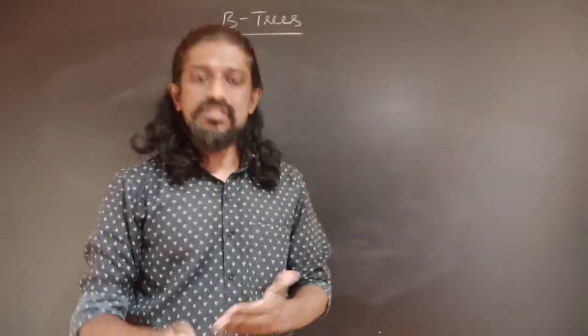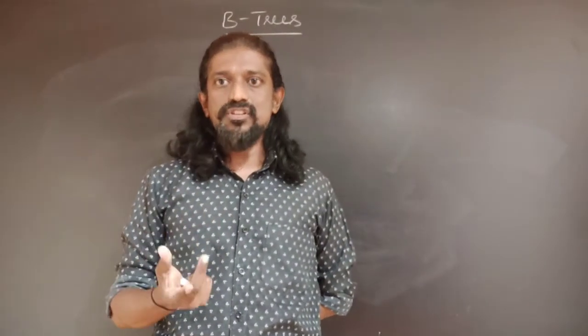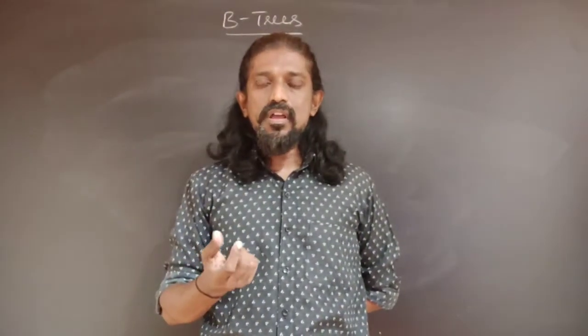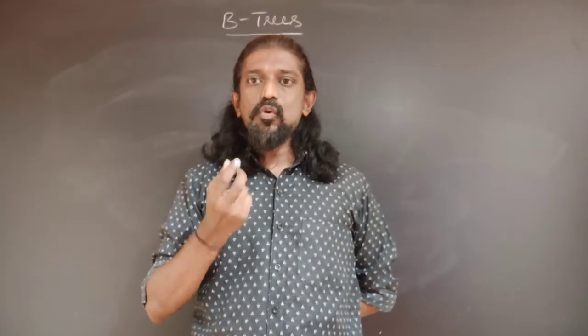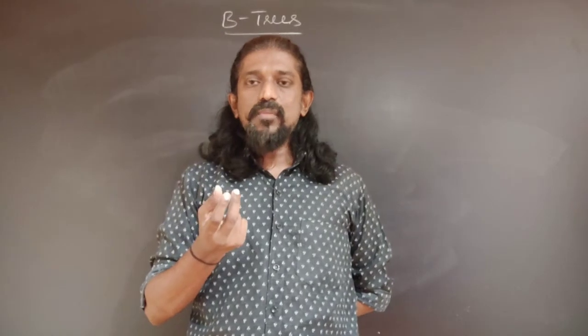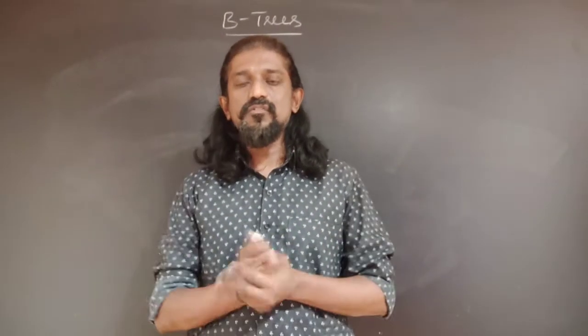So as I told, a B tree is nothing but a multi-level index. If we look at a B tree very closely, it looks like just an extension of a binary search tree. B tree is also a search tree. In a binary search tree, at every level there will be an element in the root, and depending upon the value of that element, we will know whether to proceed towards the left side of the tree or the right side of the tree.